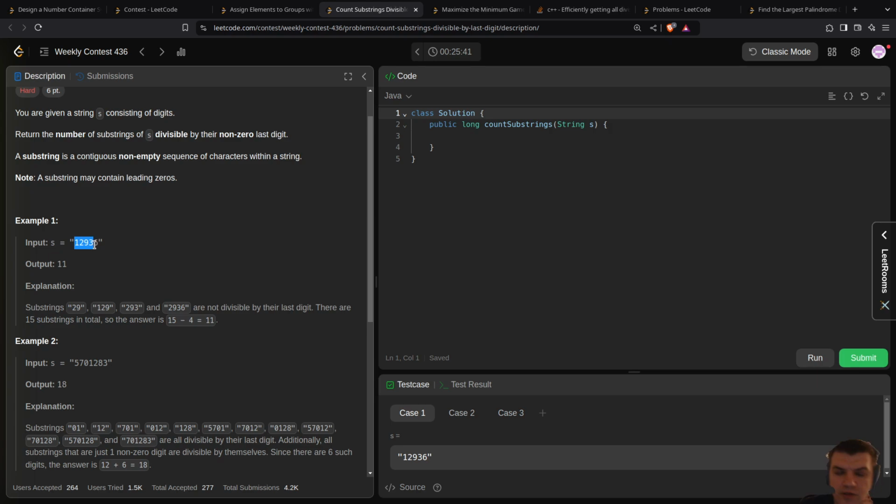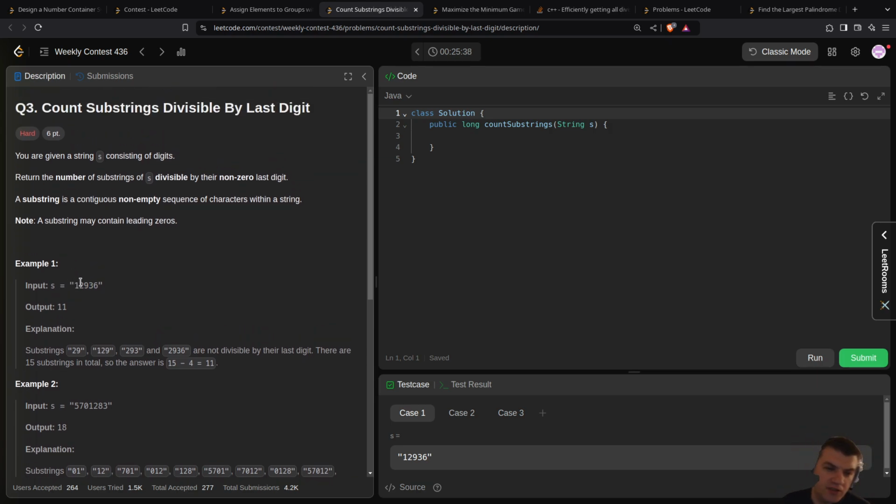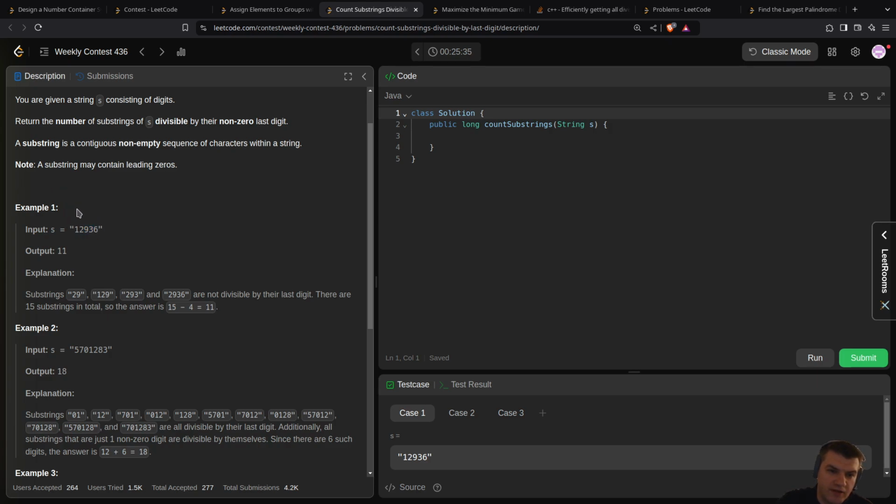Okay, so the divisibility by a digit of a really long string, and then I need to count substrings. For some cases it will involve reading the whole number, but for some cases, like if the number ends by 1, so it's gonna be for i equals 0, i less than